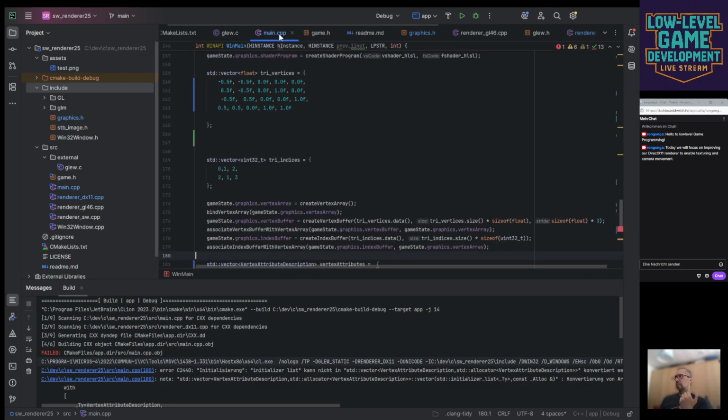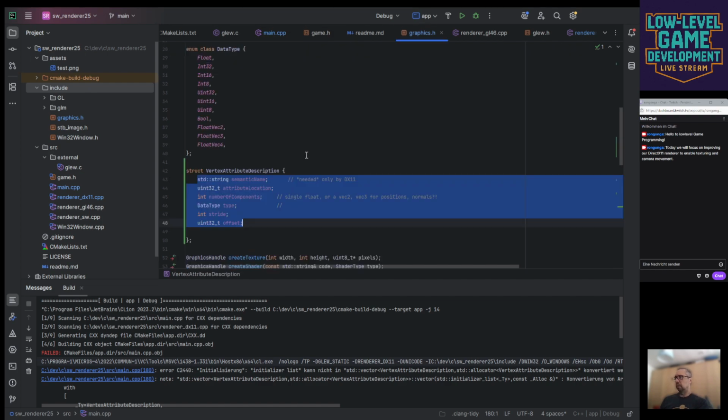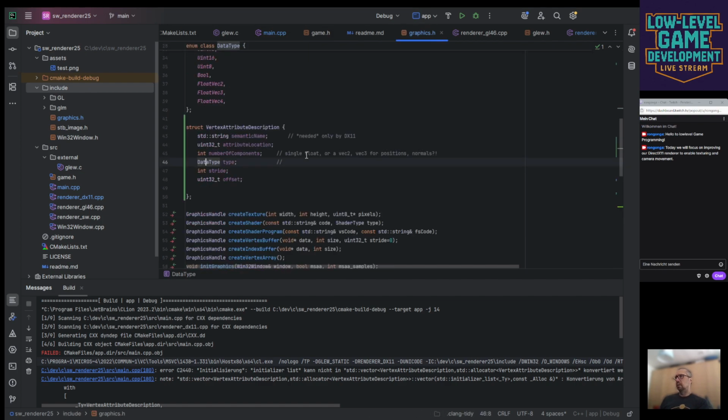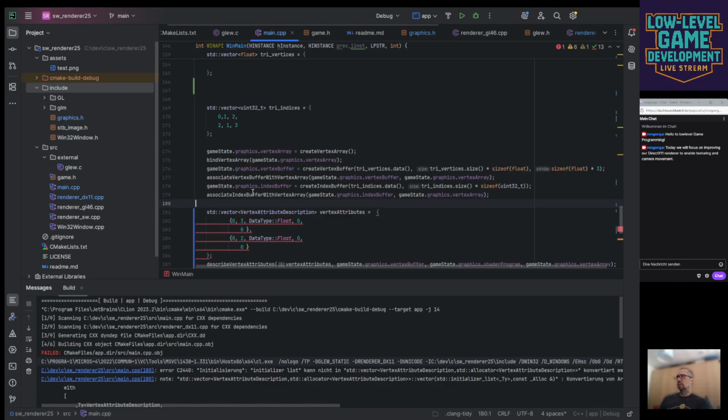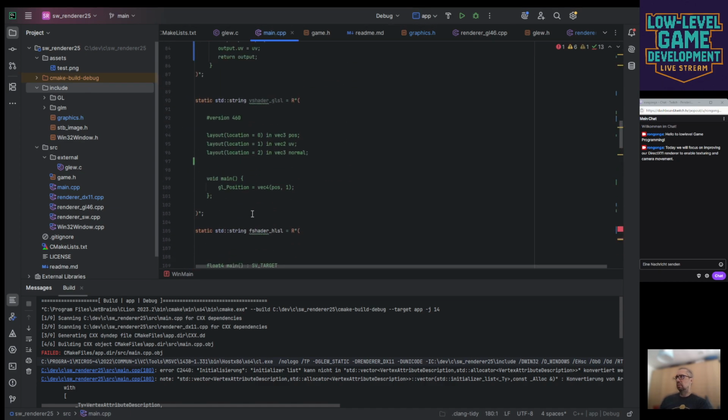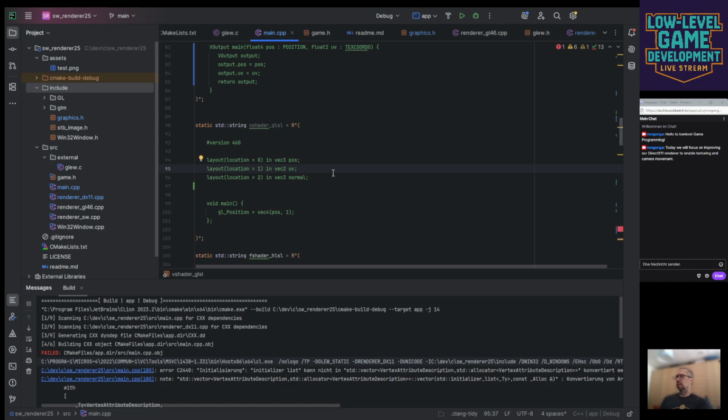So if we describe, for example, the attribute UV, and they are all tightly packed, that means the stride, when the next vertex begins, is still the size of all three together as a sum, but within this one vertex little data stream,